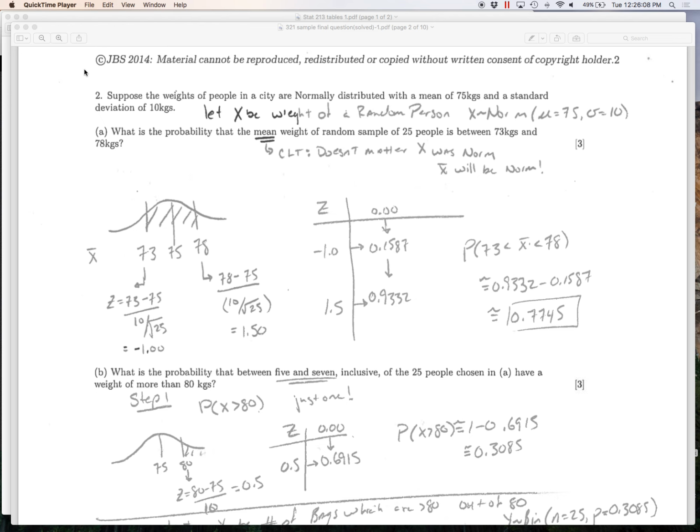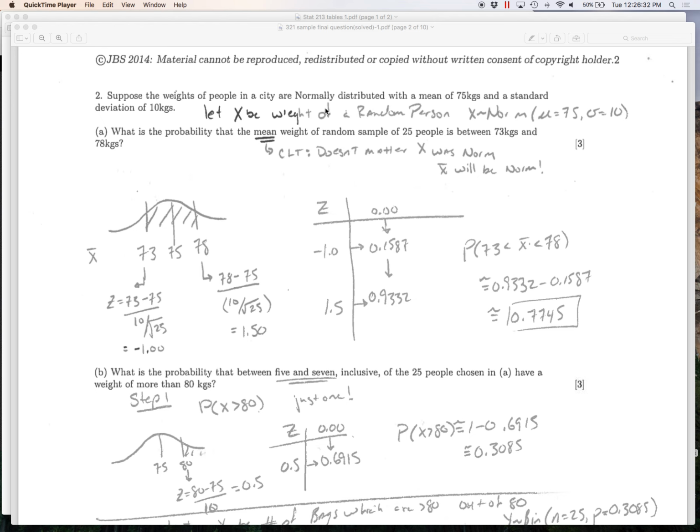Okay, let's see a question that sort of plays around with different distributions. Suppose the weights of people are normally distributed. Here let x be the weight of a random person. It is normally distributed with a mean of 75 and a standard deviation of 10. Then if we ask, what is the probability of the mean, so the average of 25 people,